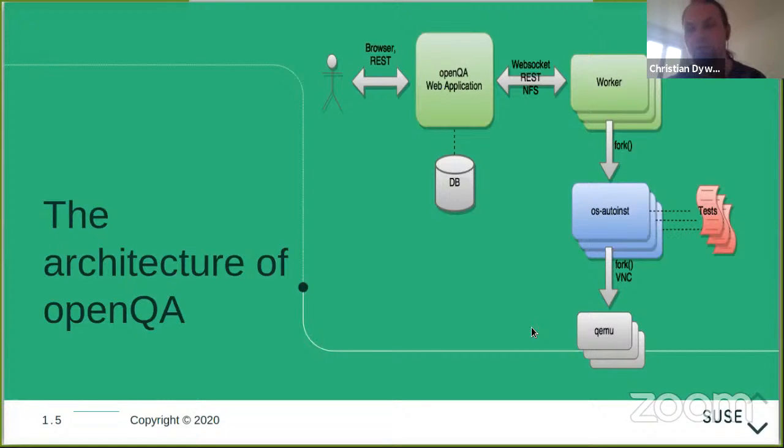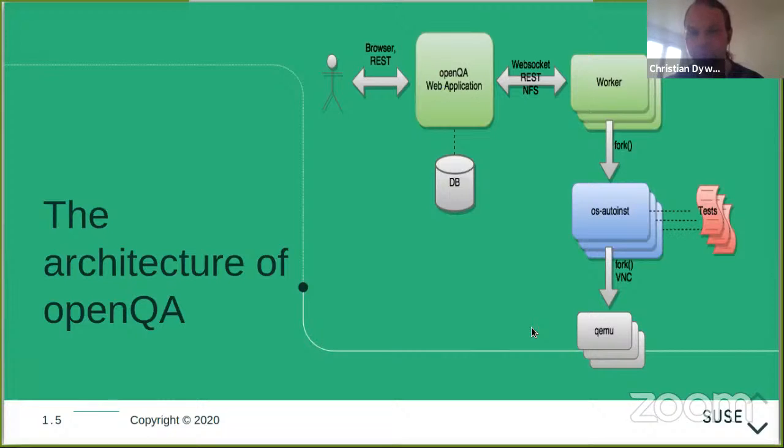So very often that is looking at a website to interact with the web UI to see what the actual status of a test, for example, is that you're running.